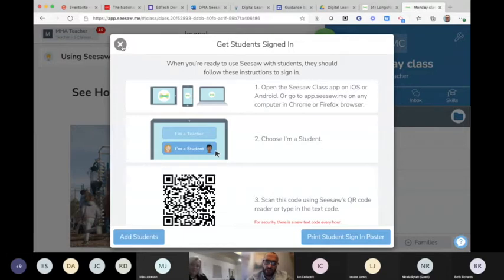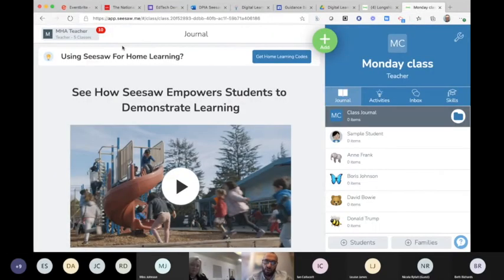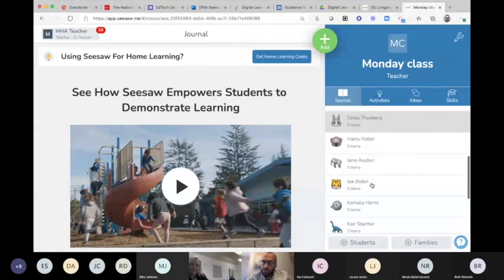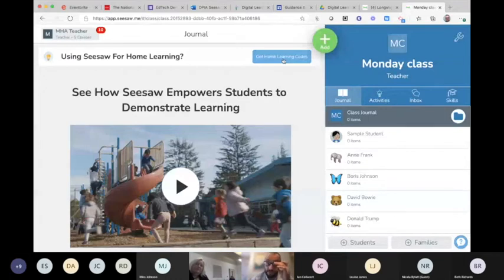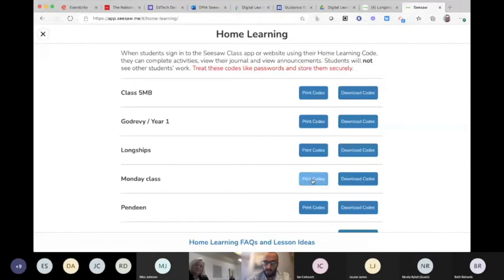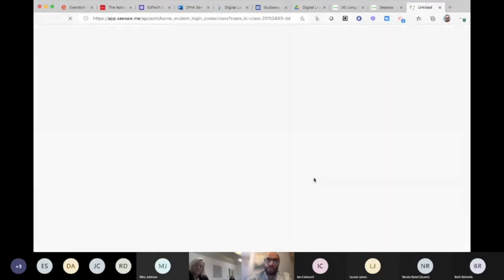I'm going to close that, and you see the children's names are down here on the right. You'll see up here you've got get home learning codes, which is a brilliant thing that Seesaw put on here. So if I go in here, you'll see that if I go to my Monday class and I'm going to go to print codes, you will see in here